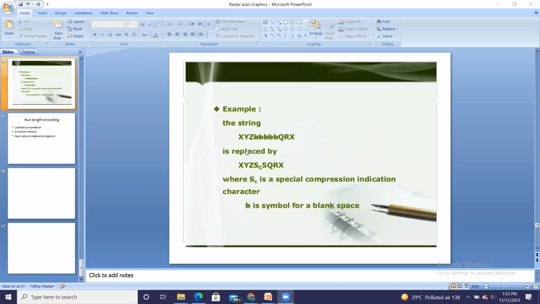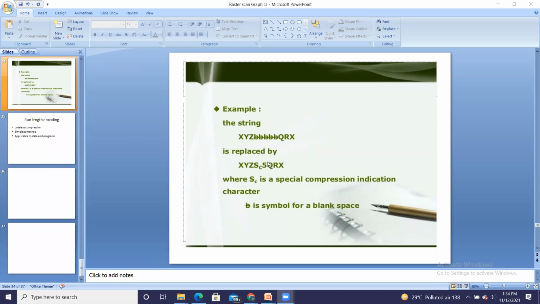For example, say this is your null compression. Whenever blanks are present, we simply replace them with this character SC, and it is present 5 times because 5 blanks are present between these two. So whenever the string XYZ, 5 blanks, QRX is given, it can be replaced like this: XYZ as it is, and for the blanks I have the special compression character with 5.